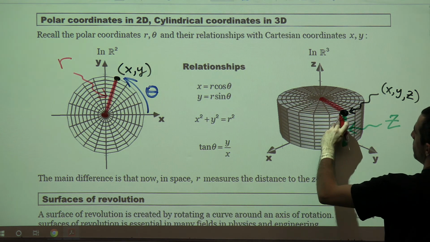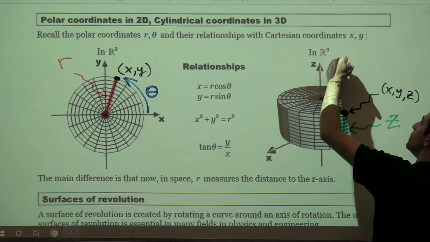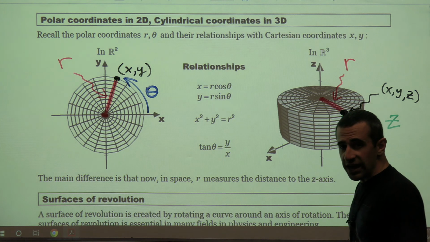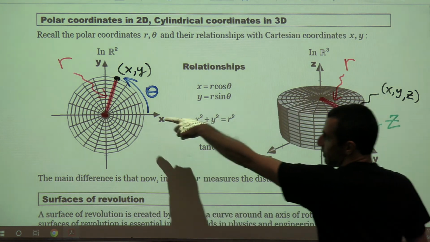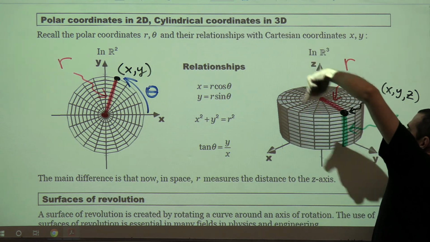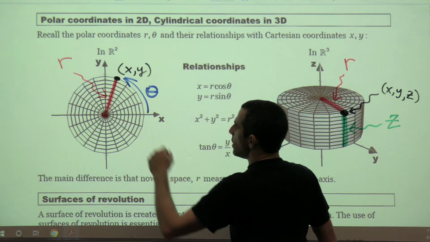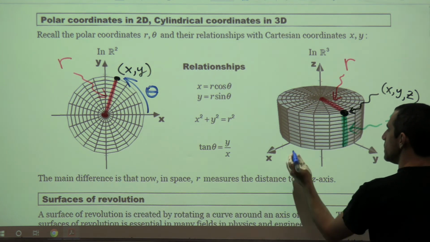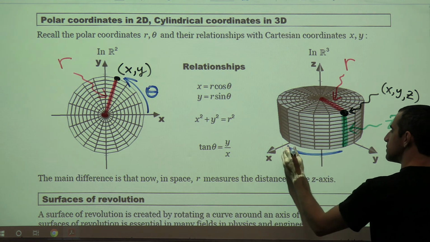So the distance from the point xyz to the z-axis, that is our cylindrical variable r. And for theta, again, you look at this picture directly from above, and what you see is that picture there. So the angle theta in space is the angle of rotation around the z-axis. That corresponds to the angle of rotation around the origin in the xy plane when you view this picture from above. So theta is literally the angle of rotation around the z-axis